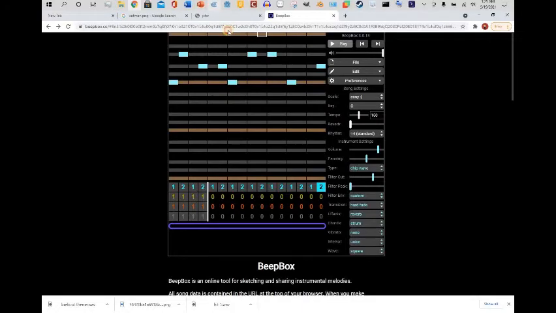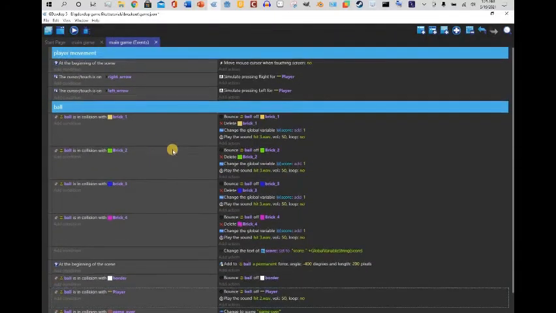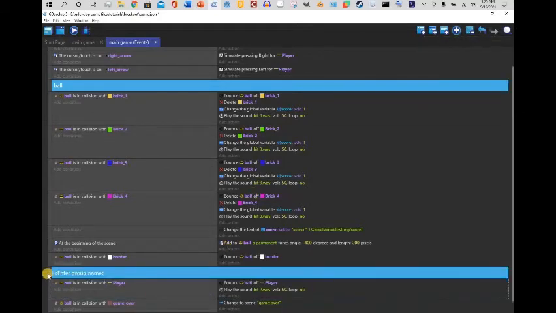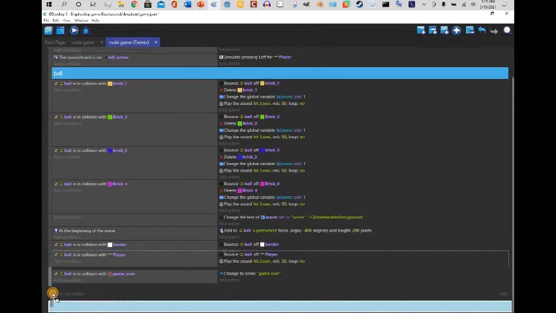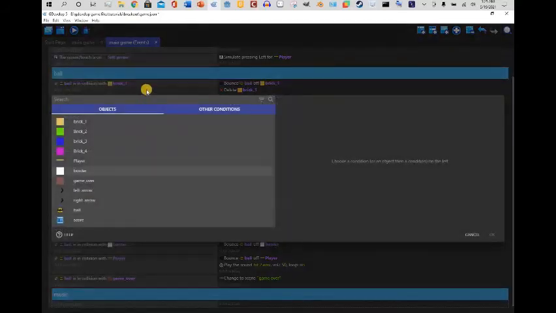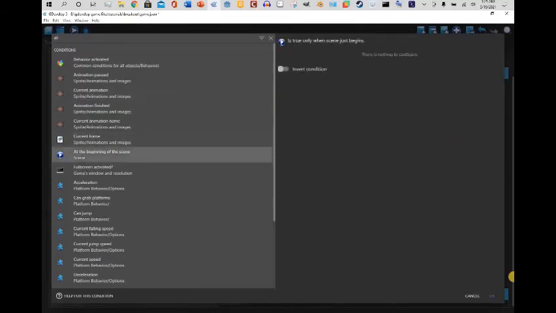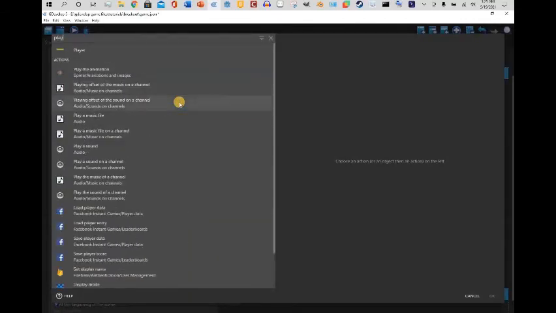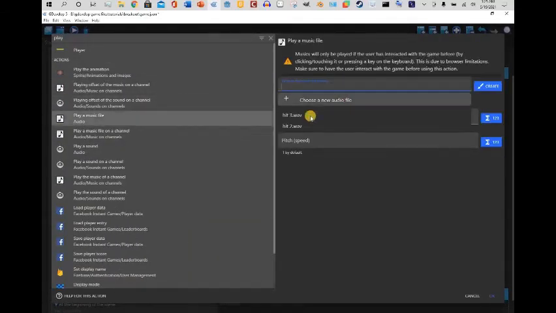Now I'm going to add a new group. I'm gonna rename it, whatever, I'm gonna call it music. At the beginning of the scene, hit OK, and then we want it, type in play, and then play music file. Add